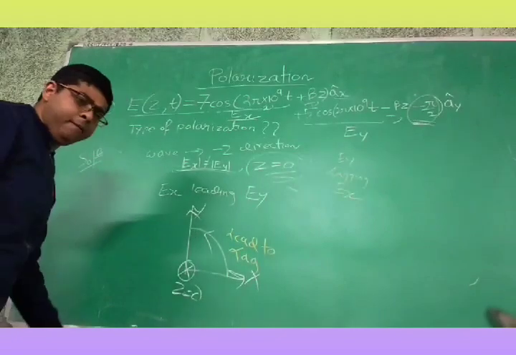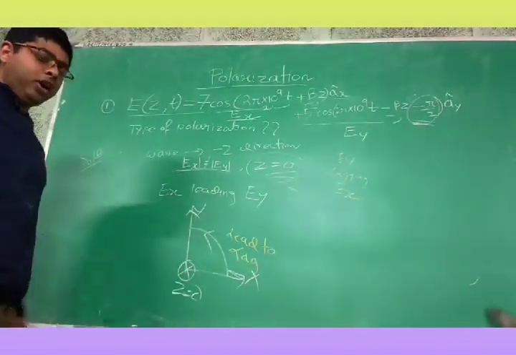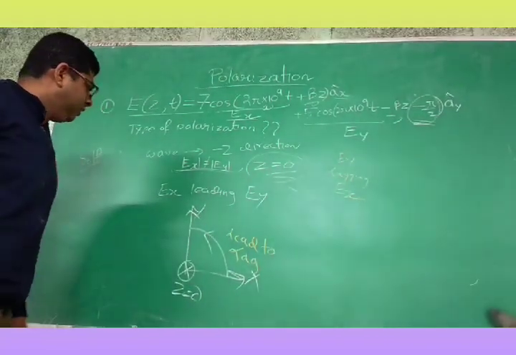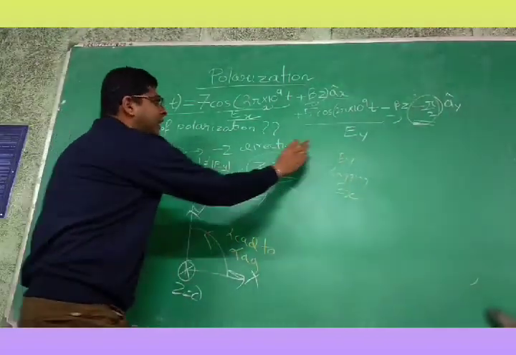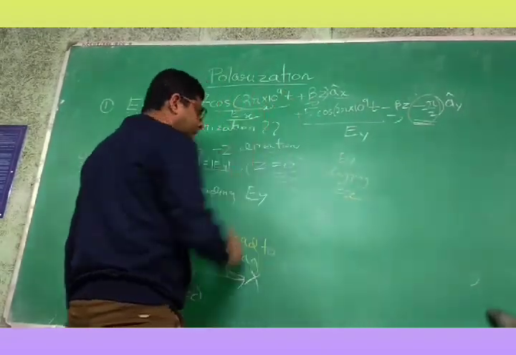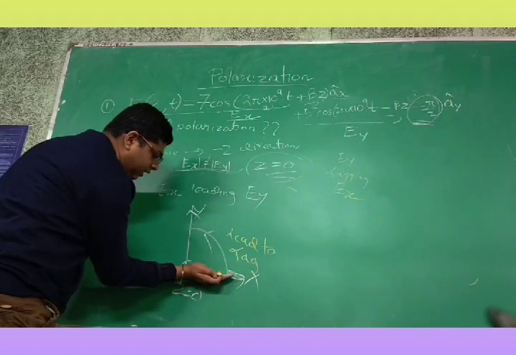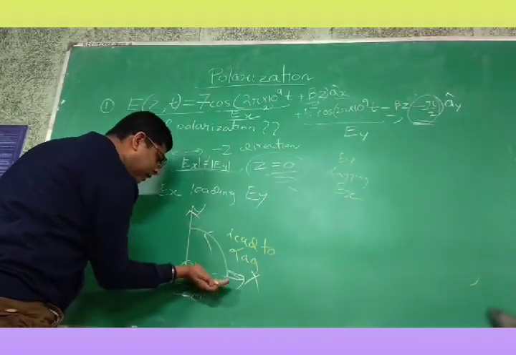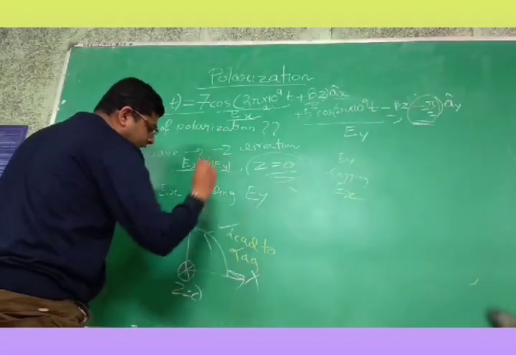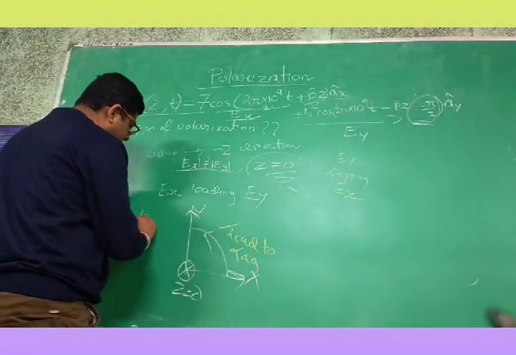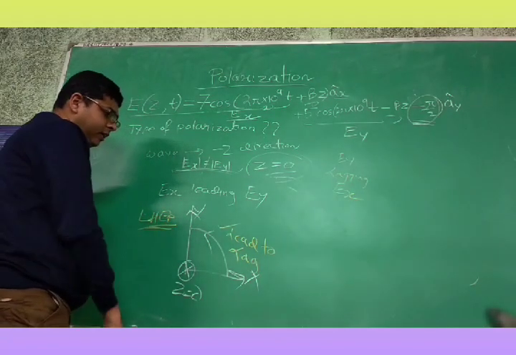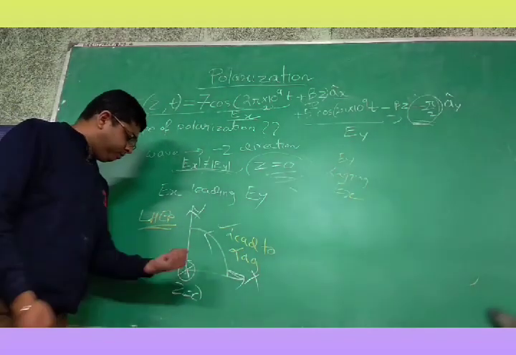There is no need to do the chart, or you need not put the values of omega t every time. Okay, directly you can do so. In this case, just check the angle, which one is leading. In this case, Ex is leading, so Ex is the x component, so lead to lag. Like this way you can move, lead to lag, lead to lag. Okay, so directly you can say this is left-handed elliptical polarization. Okay, in this way you can do this.